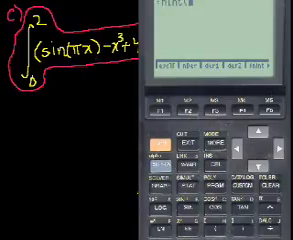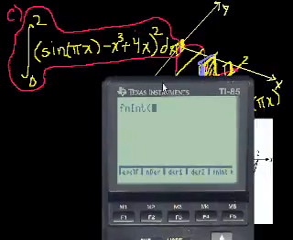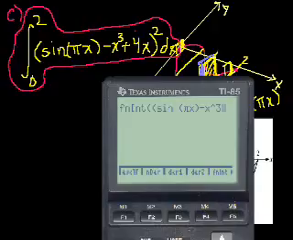And then we just type in the expression. So the expression, let me move it down a little bit. So it's open parentheses, sine of, where's pi? I haven't used one of these calculators in a long, long time. Oh, there it is. Second, pi x. Sine of pi x minus x to the third power plus 4x, all of that